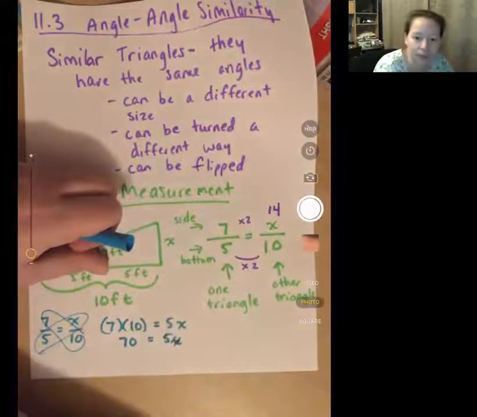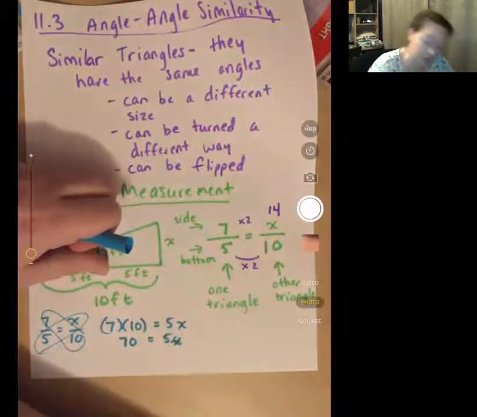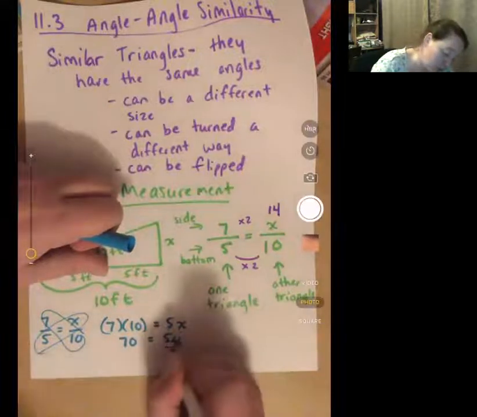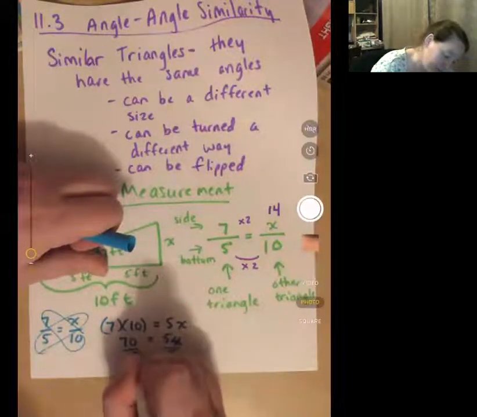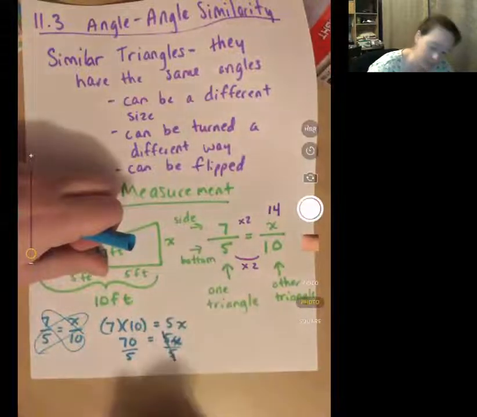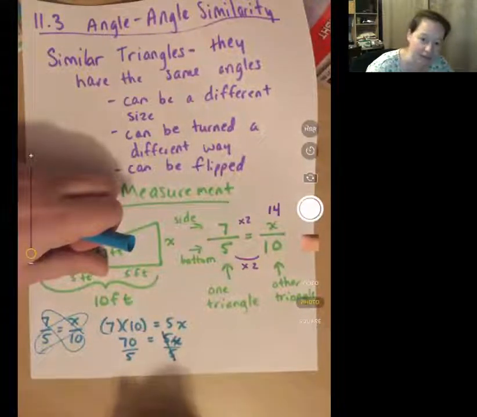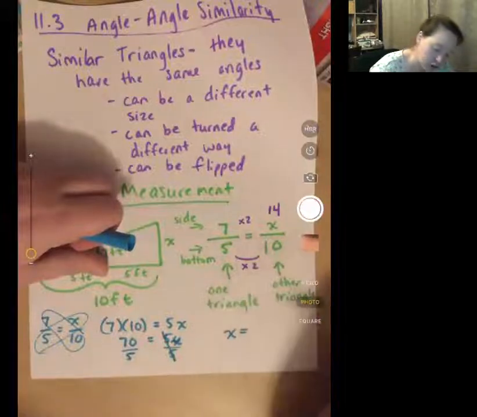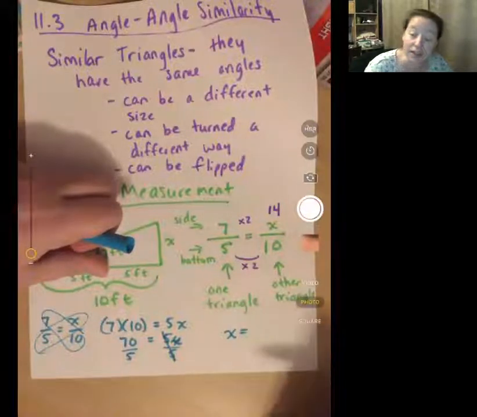5X. Since the 5 is bothering the X, it is connected by multiplication, so we are going to divide to get rid of it. The 5's cancel out. 70 divided by 5. If you go into your calculator, you will find that it is